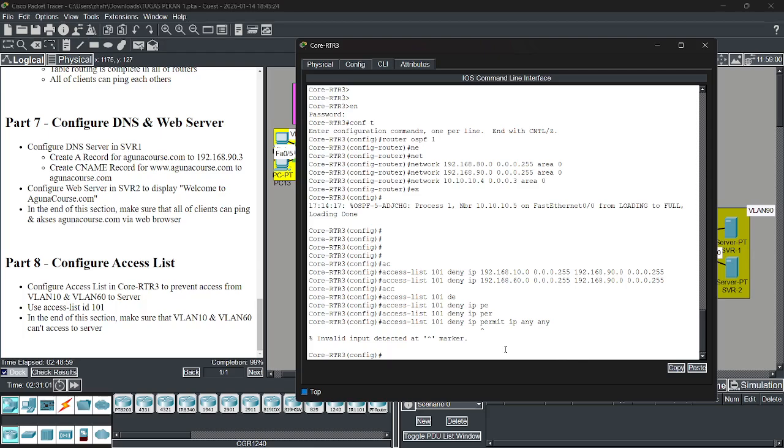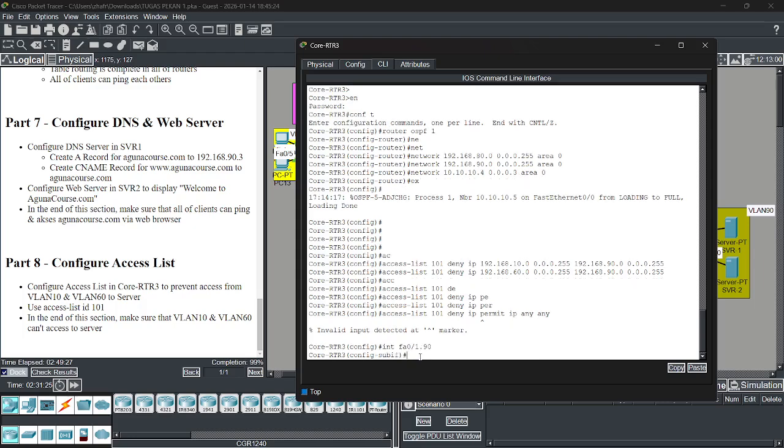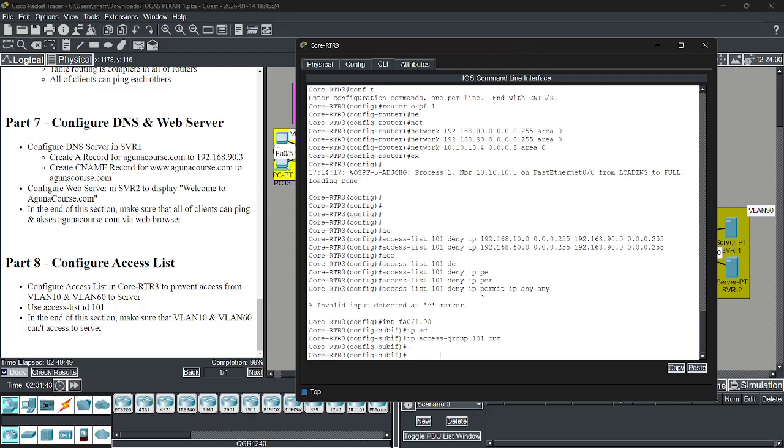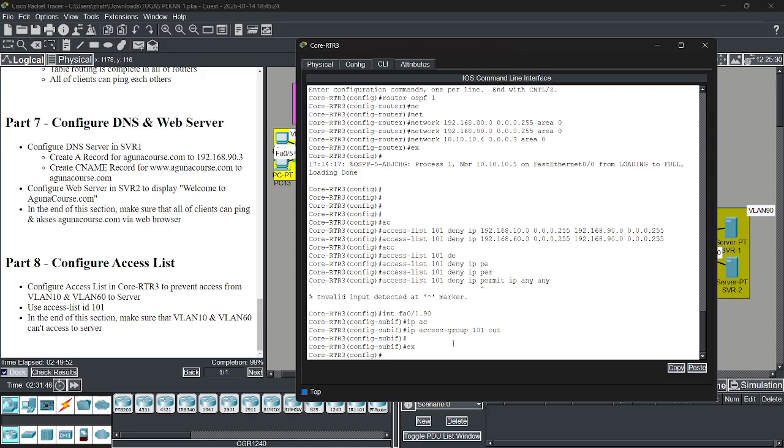Okay. After that, we interface Fa0/1.90. Okay, and then IP access group. Okay.